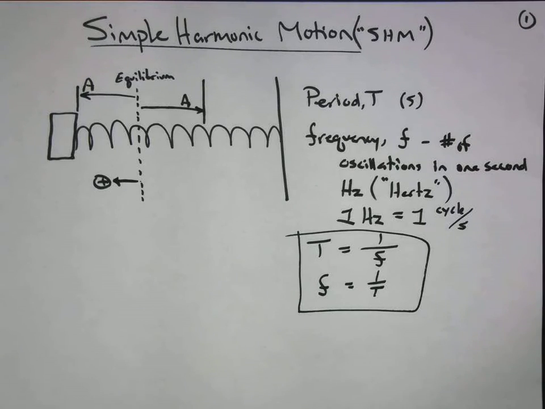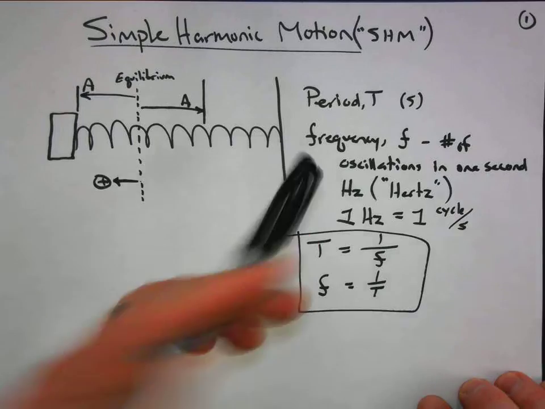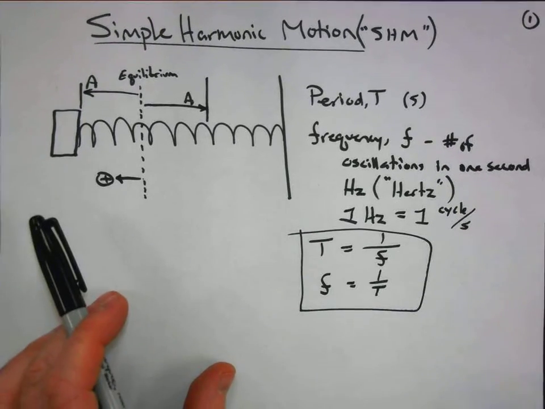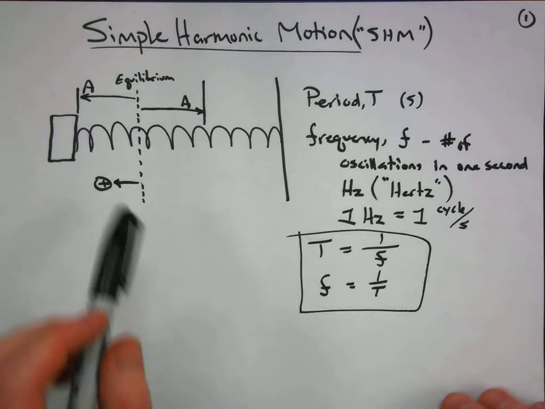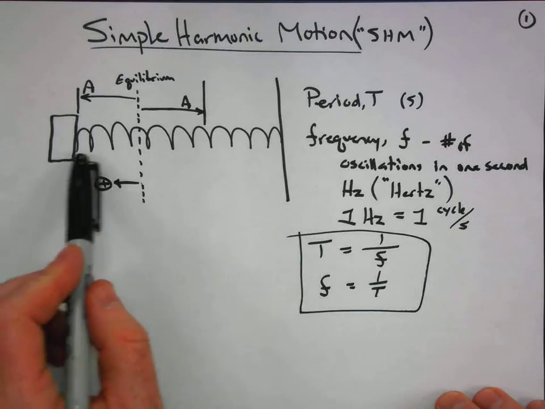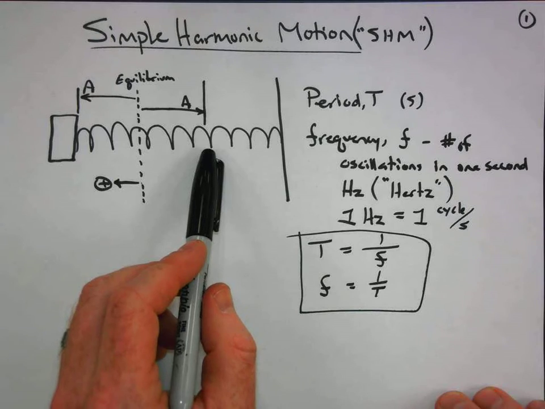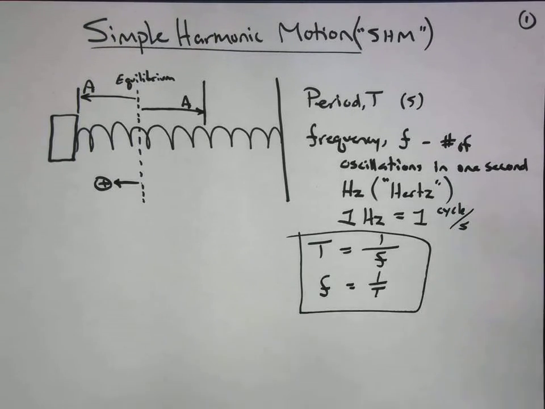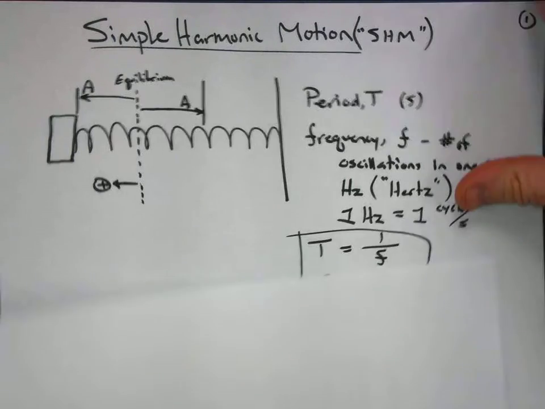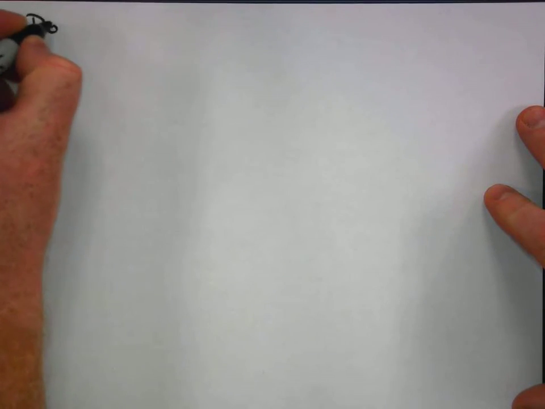So now what we want to do is describe this motion mathematically. We're going to try to figure out what we could say. Could we describe the position of this object at various times? Could we describe its velocity at various times? Could we describe the acceleration it's experiencing at various times? And the answer is, of course, we can. So I'll bring that diagram back from time to time. But essentially here first, let's look at how we can describe